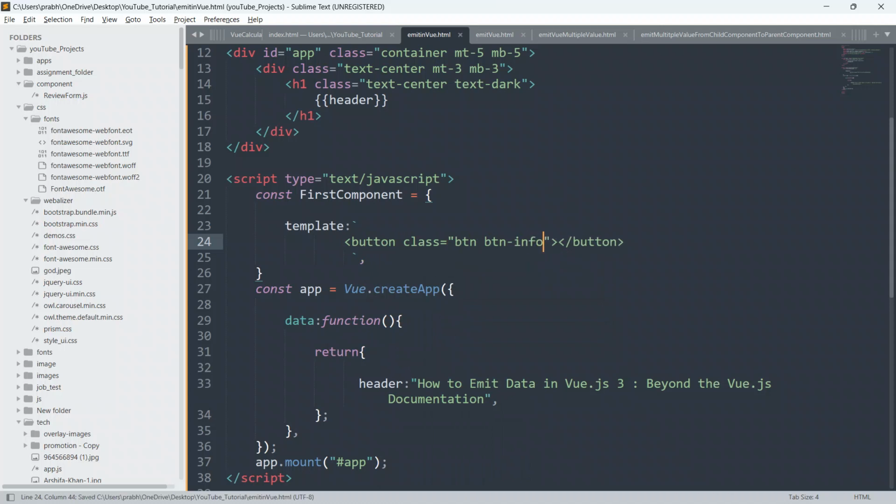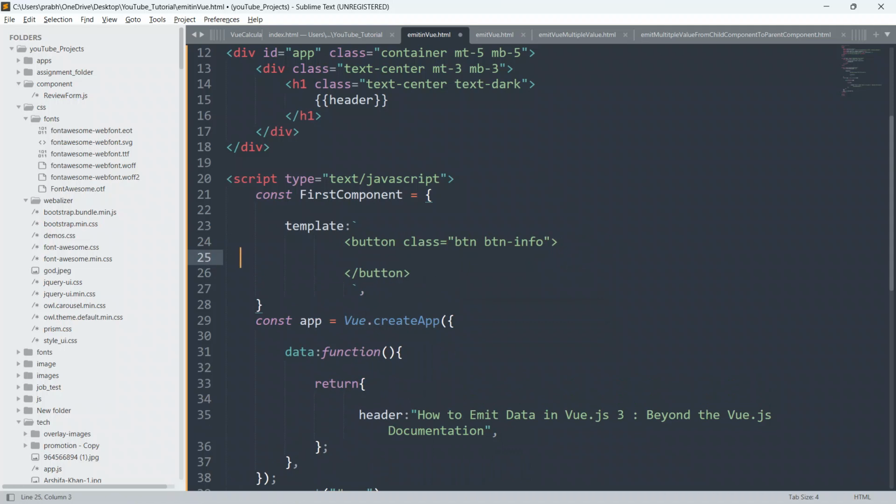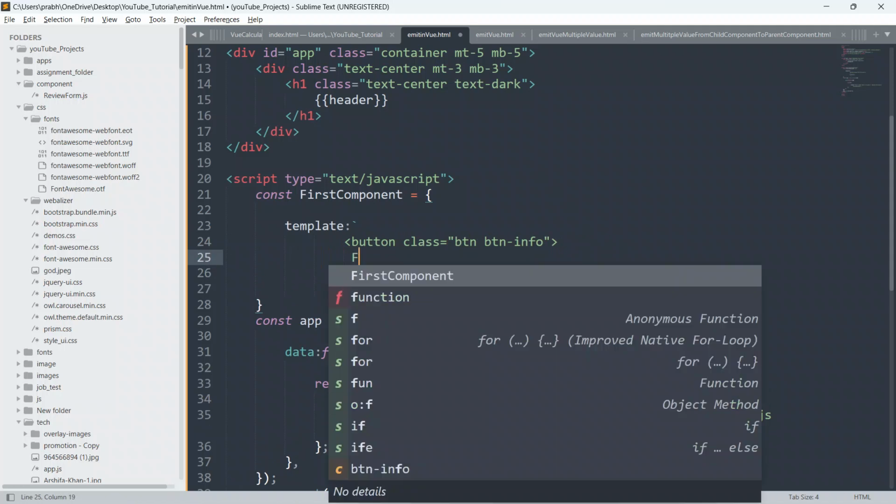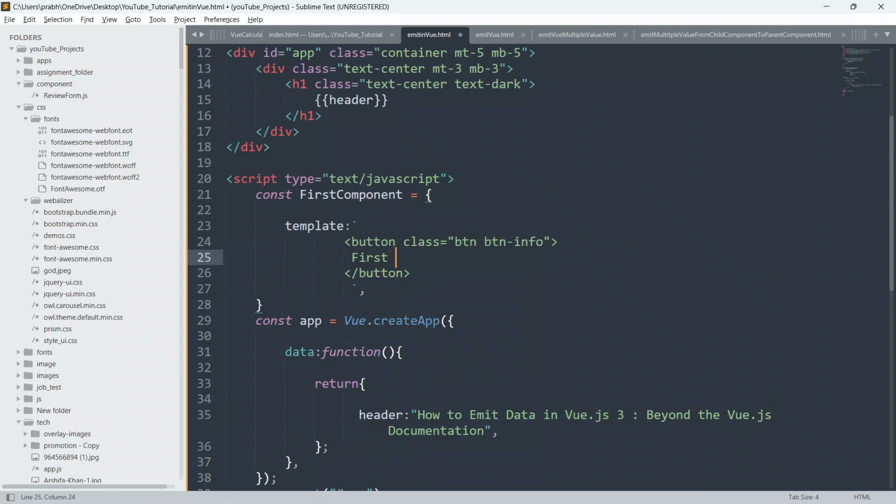Okay, and inside this I'm gonna put the text, first button. Now we have to create a method also.